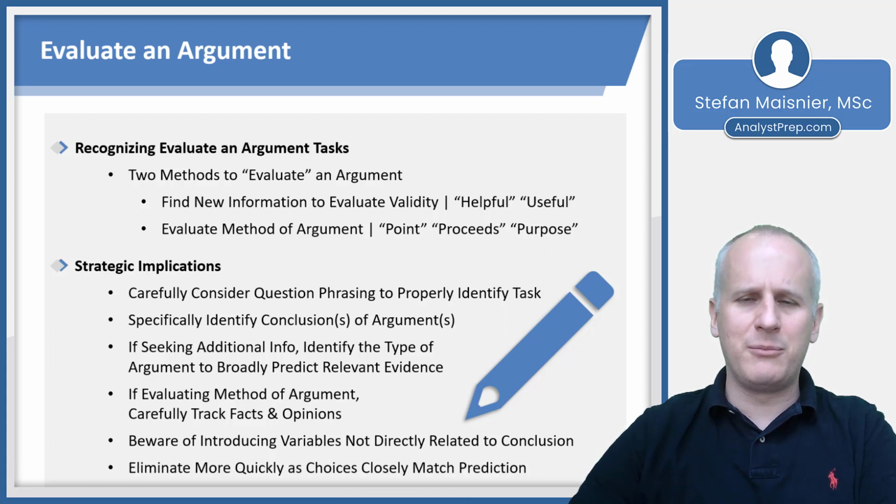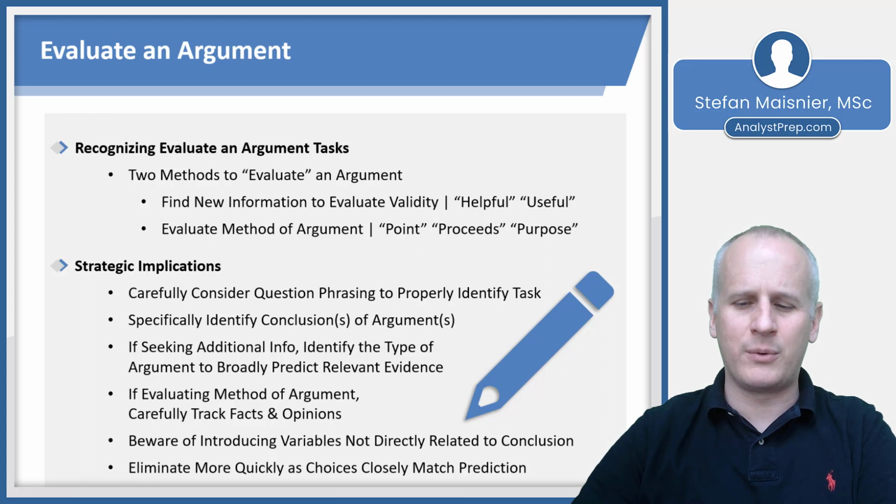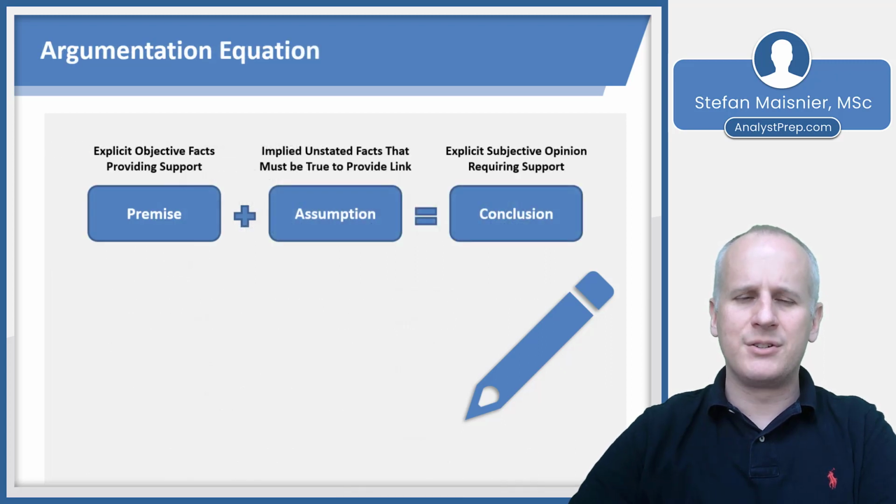And you'll eliminate more quickly as soon as one of the choices closely matches your prediction, or closely matches your notes of what the structure of the argument was if you're being asked to evaluate the method of the argument. So you should recognize our argumentation equation at this point, and you know that the premise or objective facts plus the assumption, the unstated facts that must be true, provide a link to the conclusion, which is your subjective opinion